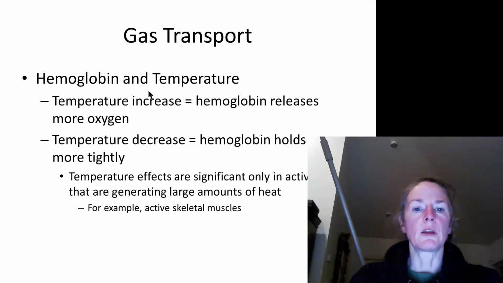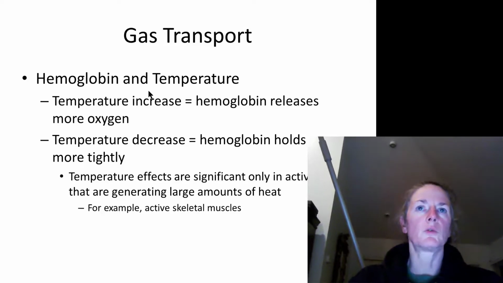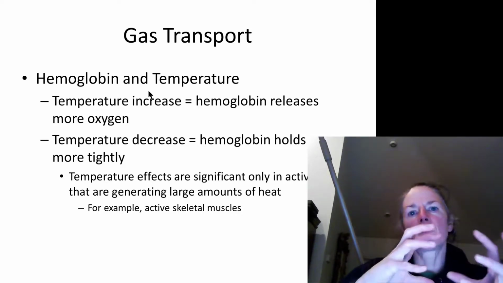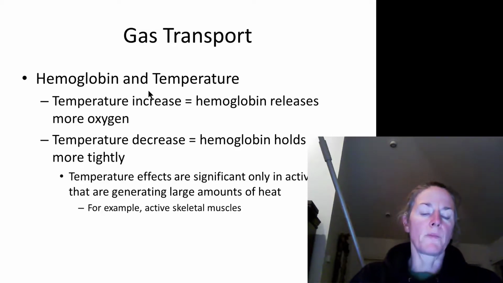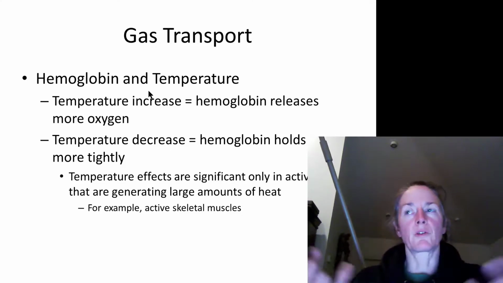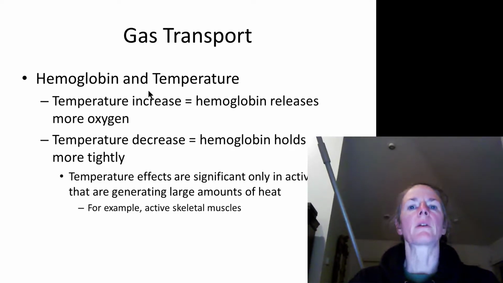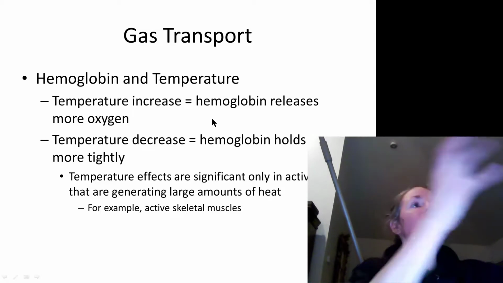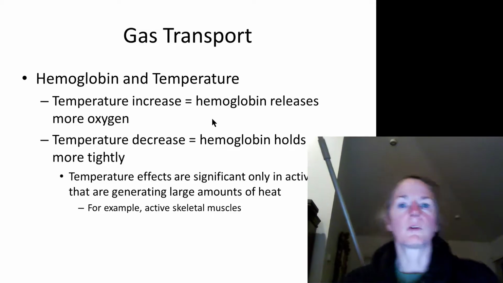Here again, when the temperature increases, that makes sense because we're going to once again start to unravel those proteins with temperature, and so the shape's going to change a little bit. It's going to lose some of its affinity for oxygen. So what does that mean? It means that now if we've got areas where there's higher temperature, that means those tissues are working. So once again, they're carrying on a lot of metabolic activity. So they're going to need more oxygen. So it's nice if we have hemoglobin that's going to give up its oxygen more readily when it reaches these